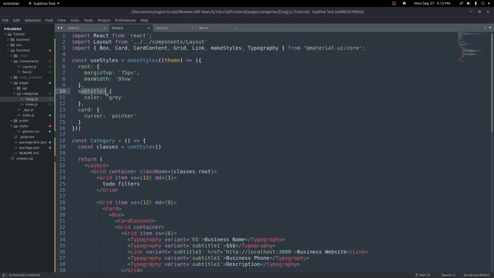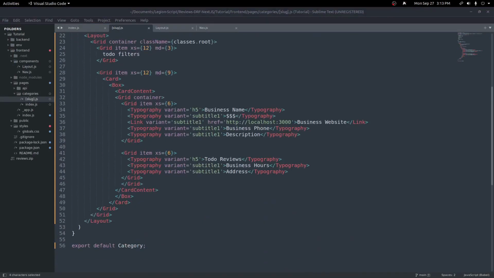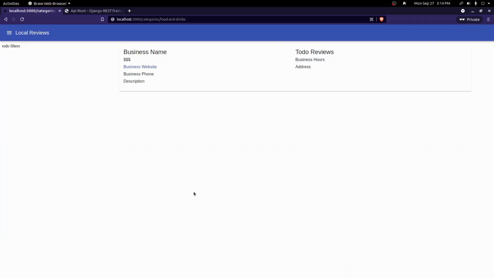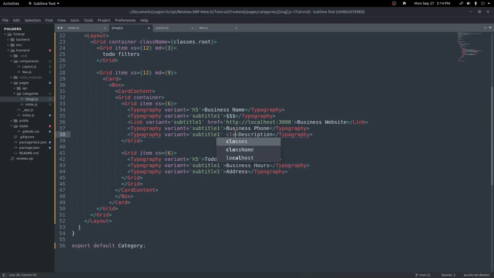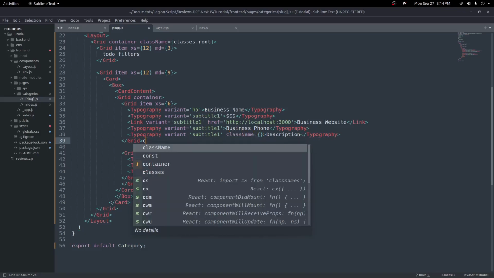So next we have our subtitle and our card. We'll put this on the business description. The description on our card right now just looks the same as everything else. Let's make this gray, as it's not the main information up here, which will be in black, and the description down here will be in gray. Let's try that and see how it looks. So on our description right here, we'll add a className. This will be equal to classes